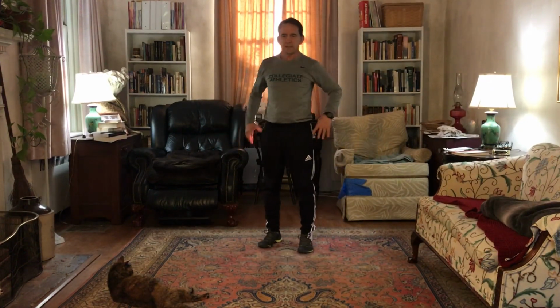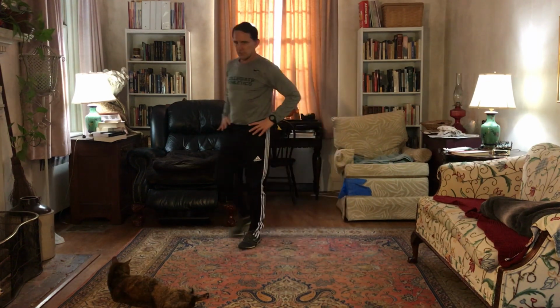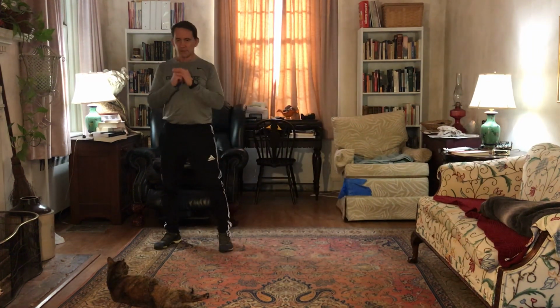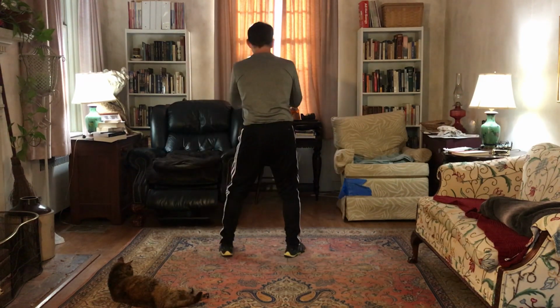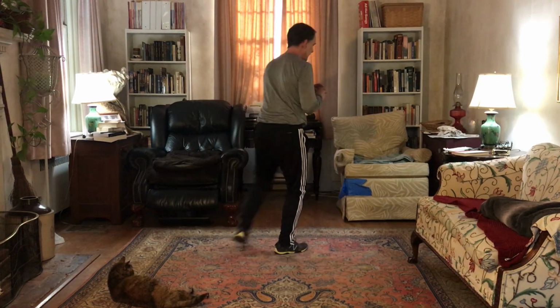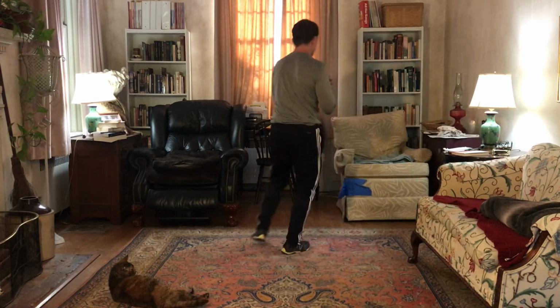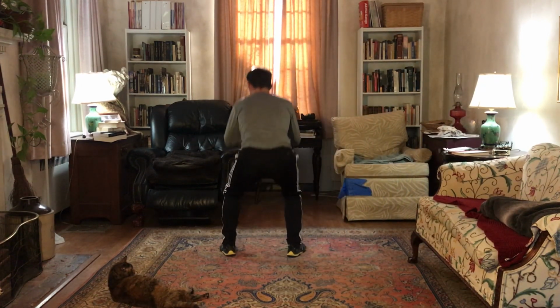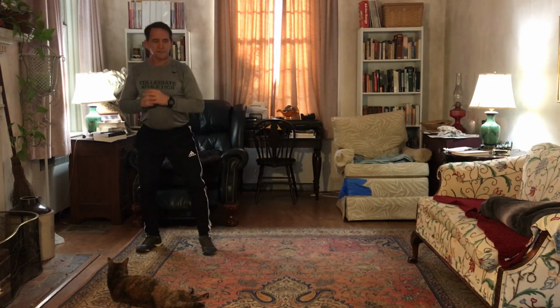And we're going to do 8 180 pivot squats. And I'll start here and go sideways. I'm really going to get on the ball of my foot here so my back's turned to you and pivot there. Tomorrow we'll do some 360 pivots